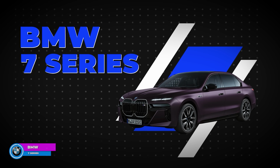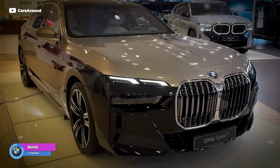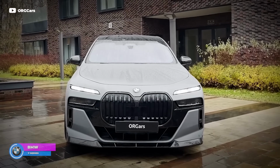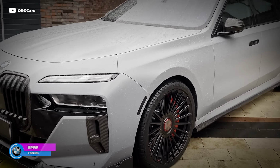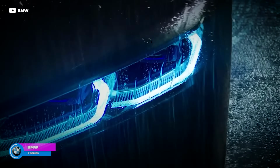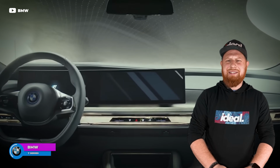The BMW 7 Series, meanwhile, well, it's a different story. This is the company's flagship luxury sedan with all the bells and whistles BMW could pack into it. And while that sounds great, the six-figure price tag isn't exactly helping it fly off the lot. The thing is, today's luxury buyers are gravitating towards SUVs, which offer luxury with versatility. And for buyers seeking a full-size car in this segment, well, the current 7 Series is...